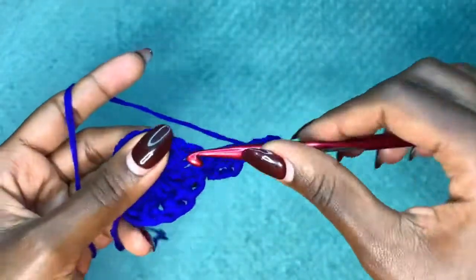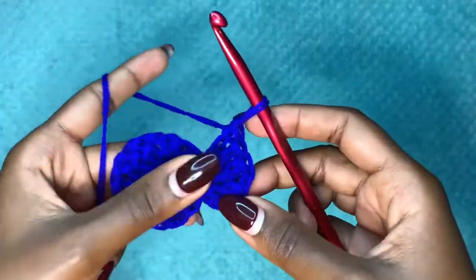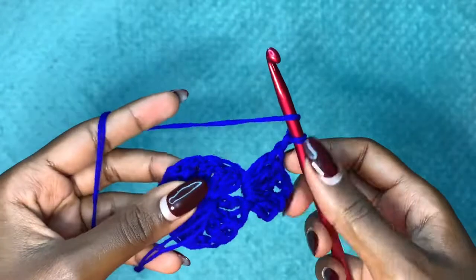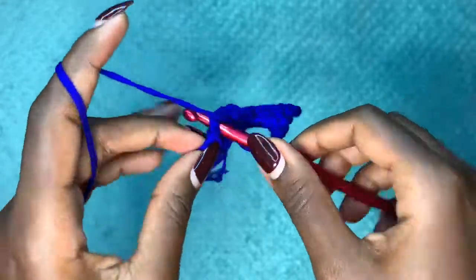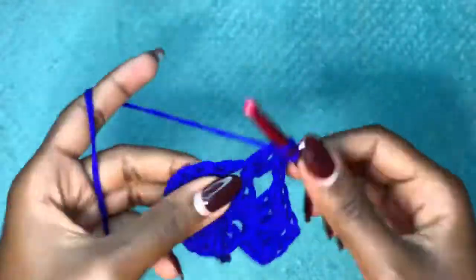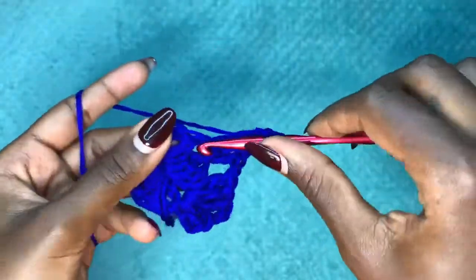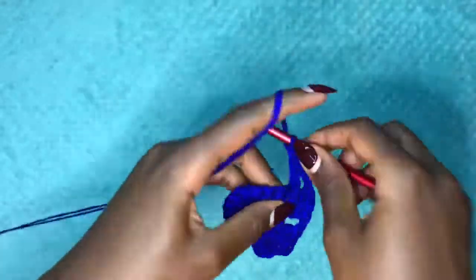Chain 2, and then place 3 more double crochets in the chain 1 space. So 1, 2 and 3, like that. So we've created this, and then you're going to chain up 1 and go into the next chain 1 space, which is this one, and you're going to place 3 double crochets, chain 2 and 3 more double crochets, all in that same chain 1 space,